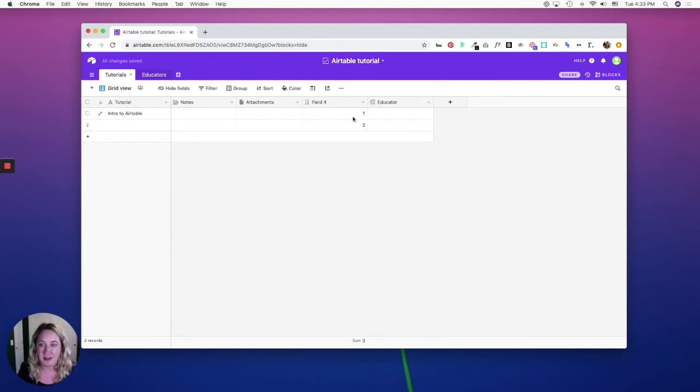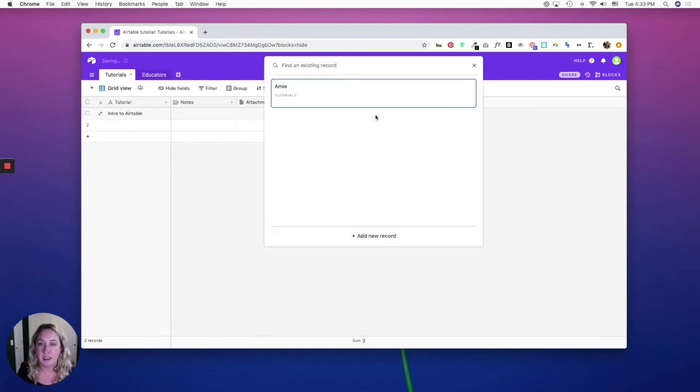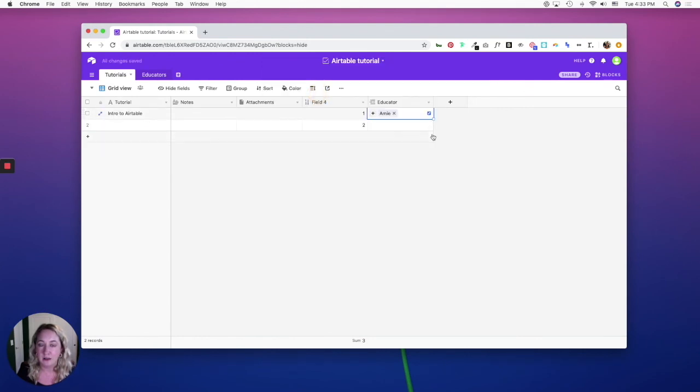Okay. So now I have a second table called educators, and I'm going to put my name in here. And so now when I link a tutorial to my name, that tutorial is going to show up here, and you can do it from either side. So let's say I have this tutorial and I need to assign it, so I'm going to assign it to Amy, and now when I click over to educators, you can see that this has popped up in the tutorials